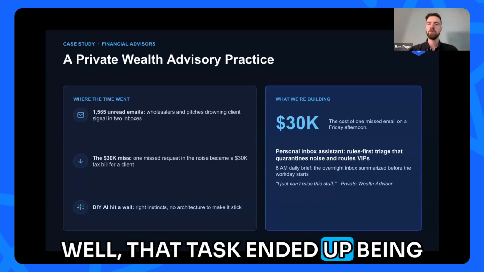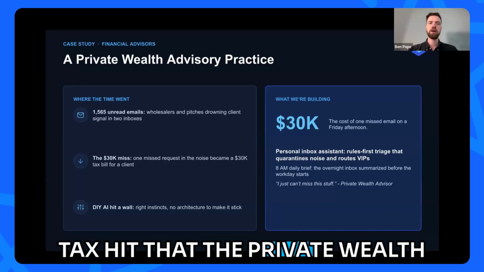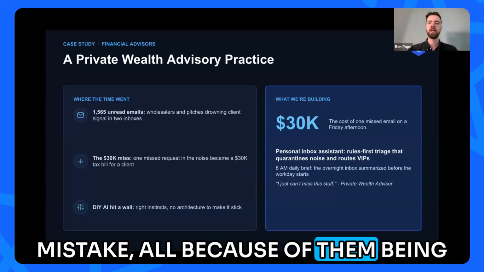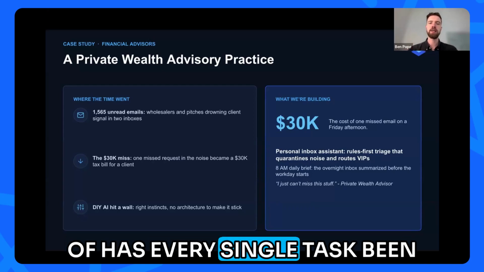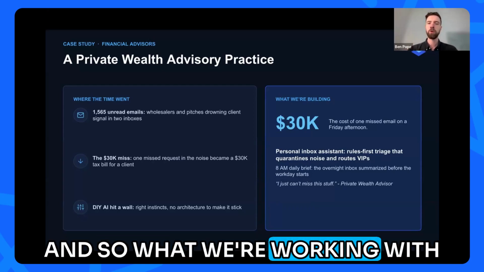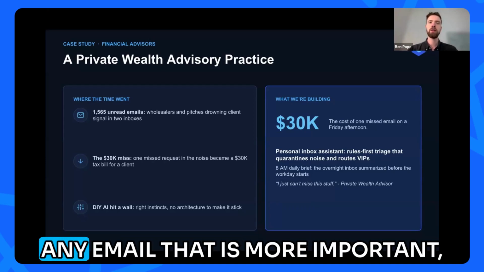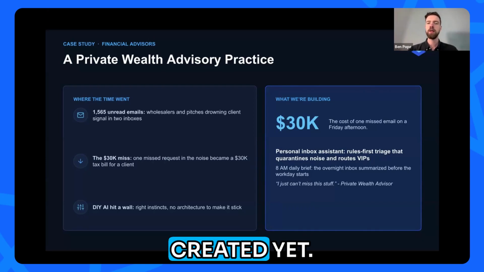Well, that task ended up being pretty costly and resulted in a client missing out on a $30,000 tax hit that the private wealth advisory firm had to then cover, which was a crazy expensive mistake, all because of them being inundated with too many emails and having a hard time staying on top of whether every single task had been completed. So what we're working with them on building is a personal inbox assistant that will triage any email that is more important, check if the action items are outstanding,